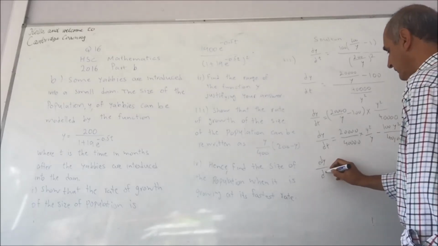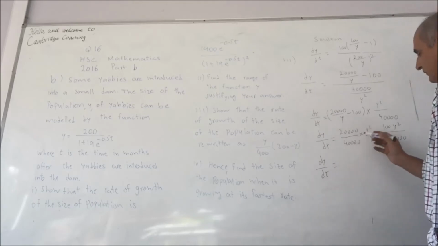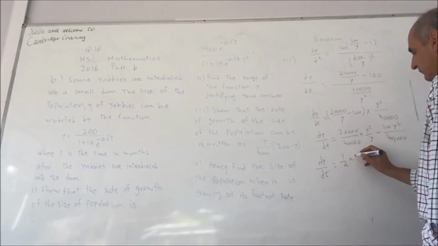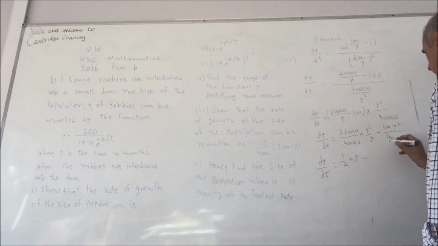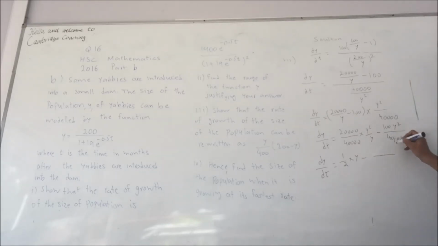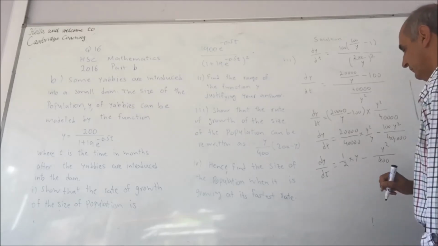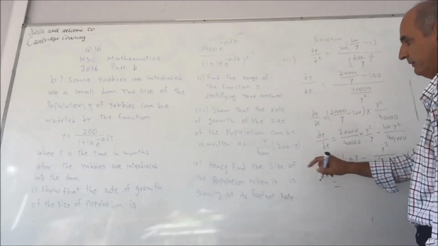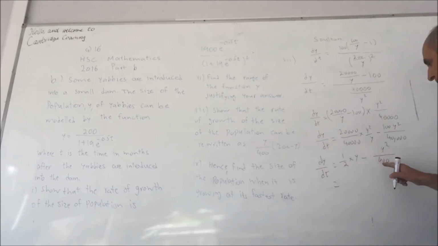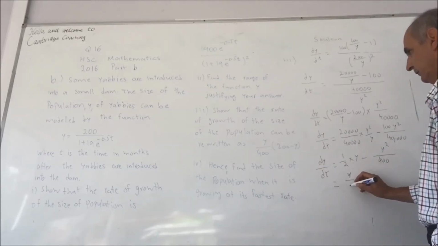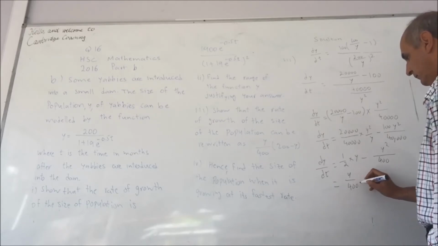So dy over dt is equal to 20,000 over 40,000 which is half, and y squared over y is just y, minus, divide the top and bottom of this by 100, you get y squared over 100. Okay, so here they have factorized for y over 400, so I do the same, y over 400,